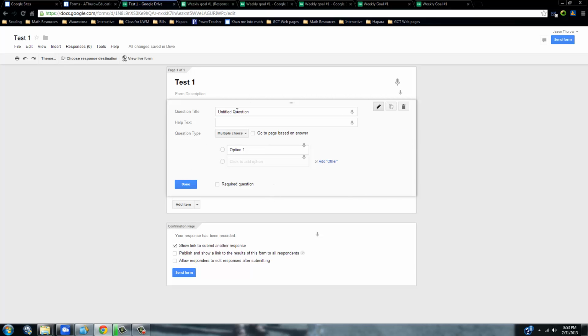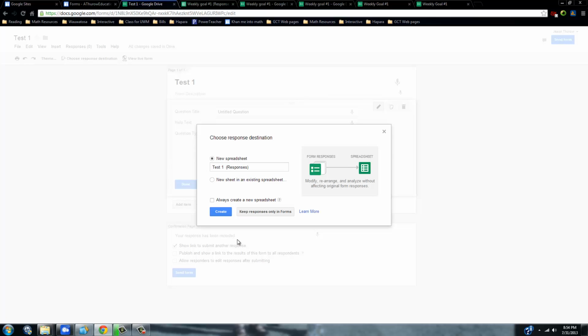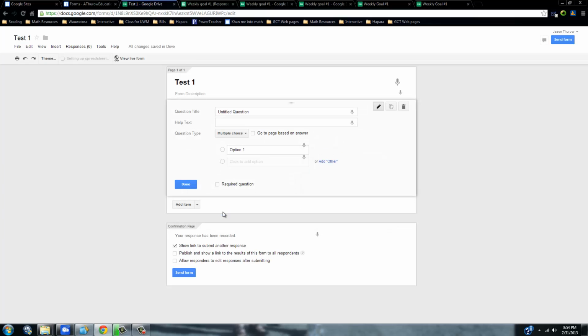The next thing I want to do before I create all my questions is I want to go to choose response destination. The reason why I'm saying this is it ties this form, so what asks the questions, back to a spreadsheet to get the responses. And if I say choose this response destination, it will put it in the same folder that I created the form in. So if I hit create here, and if I go back to my folders,